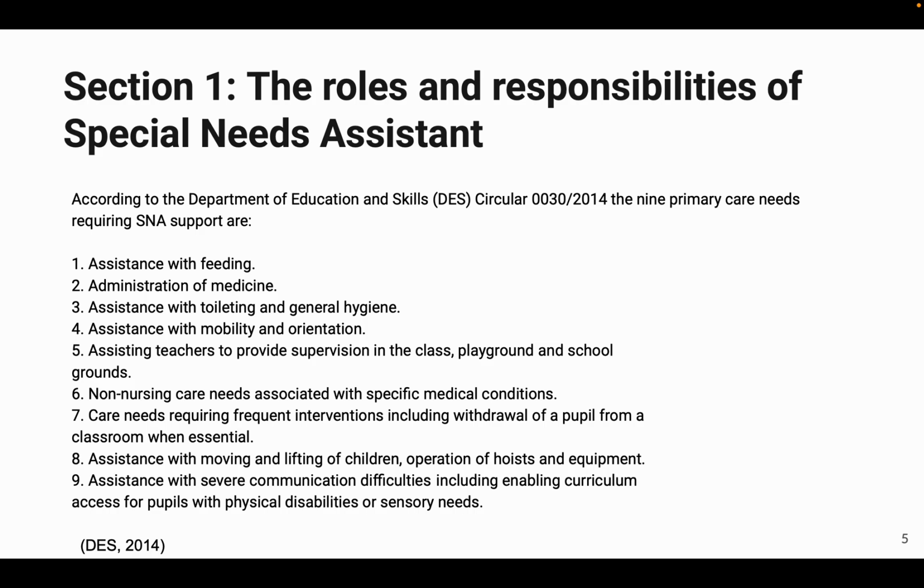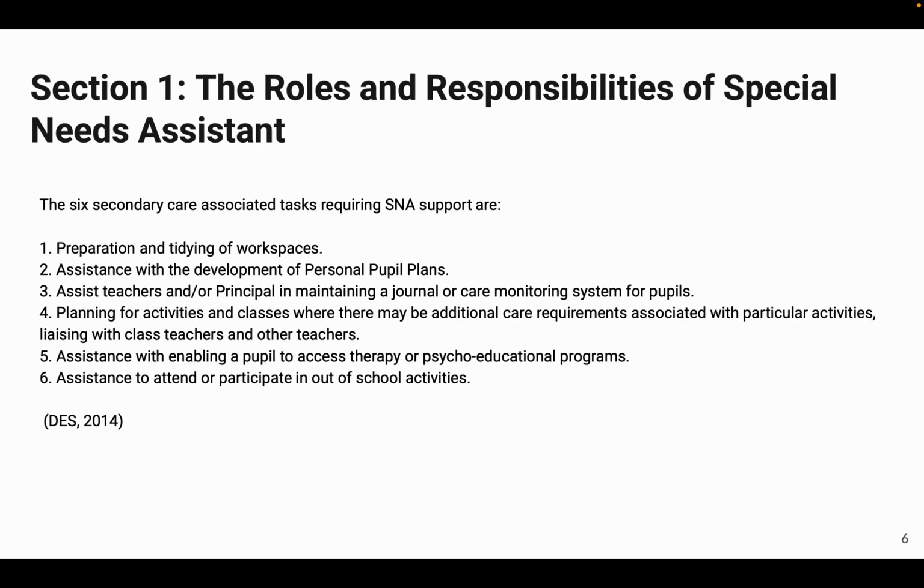Also, assistance with severe communication difficulties, including enabling curriculum access for pupils with physical disabilities or sensory needs. Also, the 6 secondary care associated tasks requiring SNA support are preparation and tidying of workspaces, assistance with the development of a personal pupil plan,